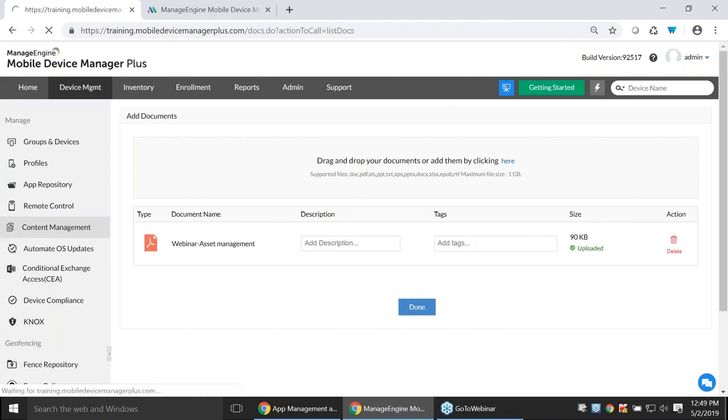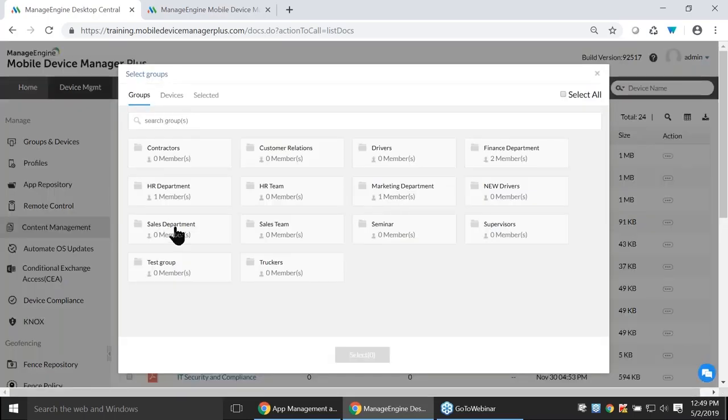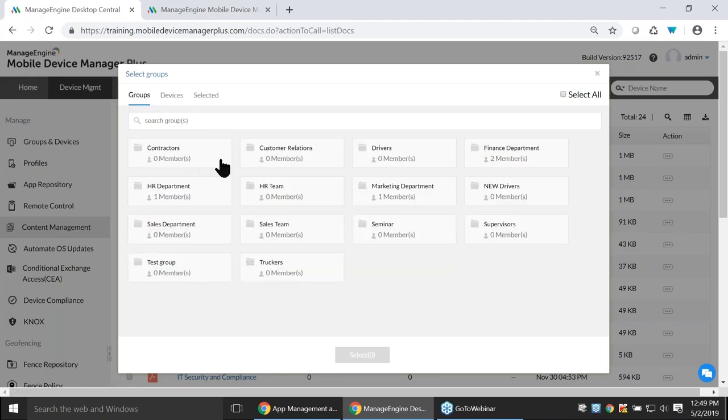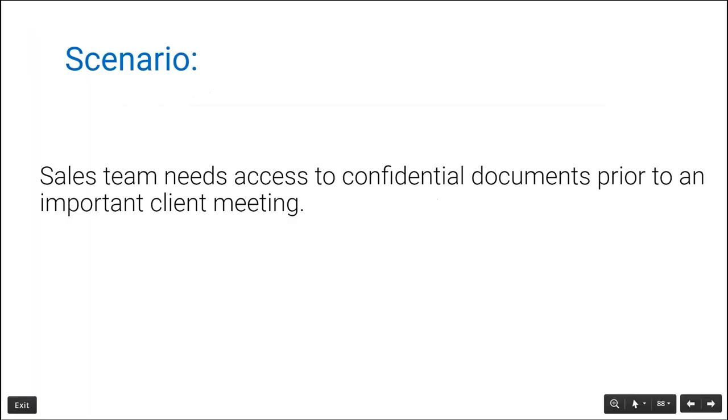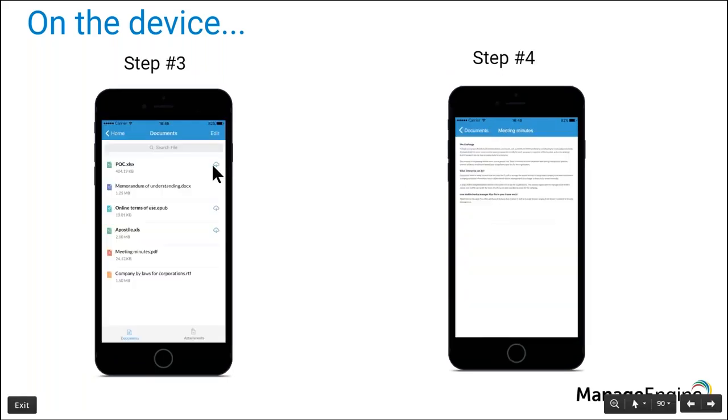Once it has been saved, it is shown in this list. You can choose that particular document and hit share. All the groups that you have created and the devices that you have enrolled individually would be listed out. You can choose either the group or the devices and distribute the document to them. This is what happens on the device end. The user requires the MDM application to be present on the device. They open the MDM app, hit documents, find the documents distributed to them, and then they can download the document and view it